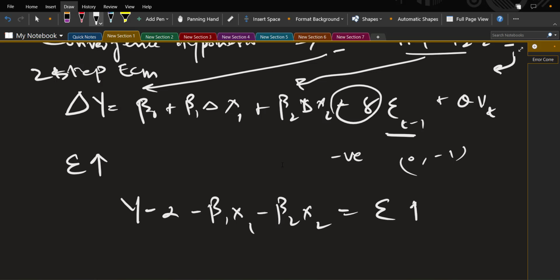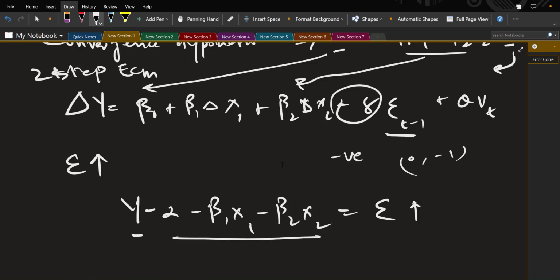So if the error term is increased, it should be corrected by a change in delta y, so that the